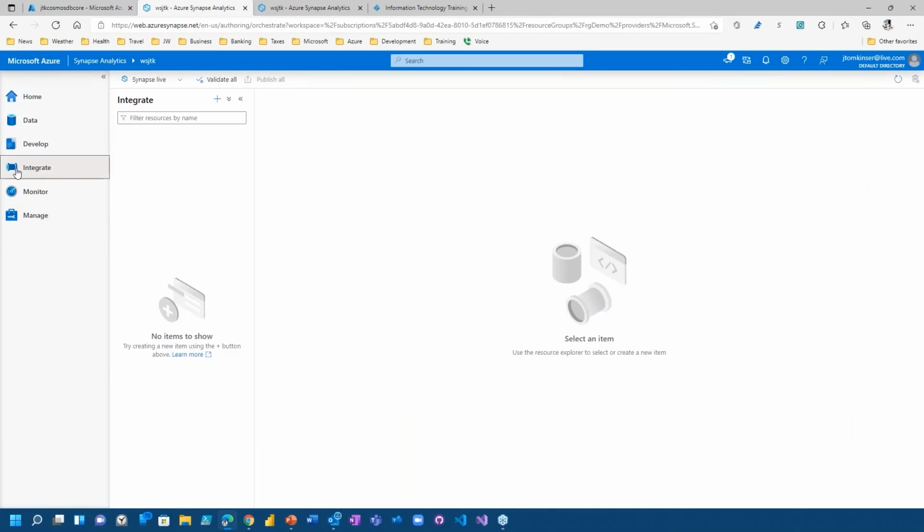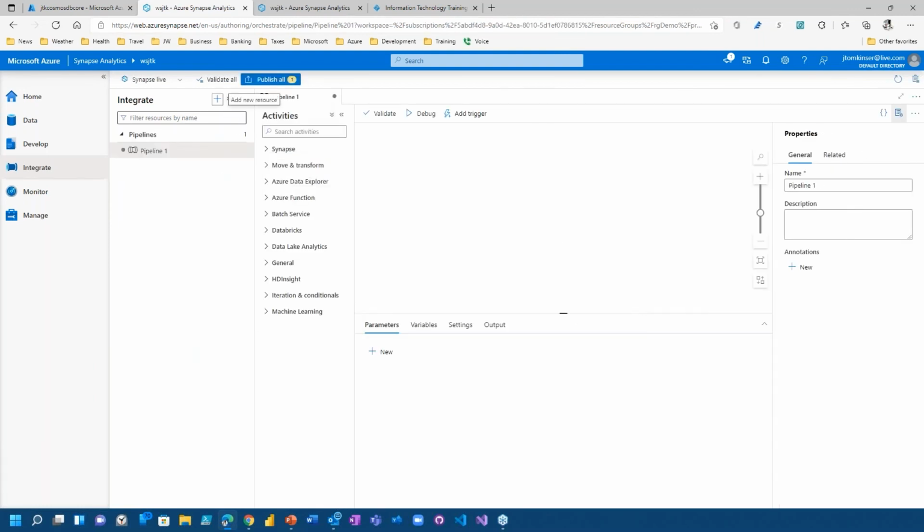Integrate. Integrate has the icon of a pipeline. I can click the plus sign and choose the first option, which is create a pipeline. When we create a pipeline, and I'll call it demo pipeline here,